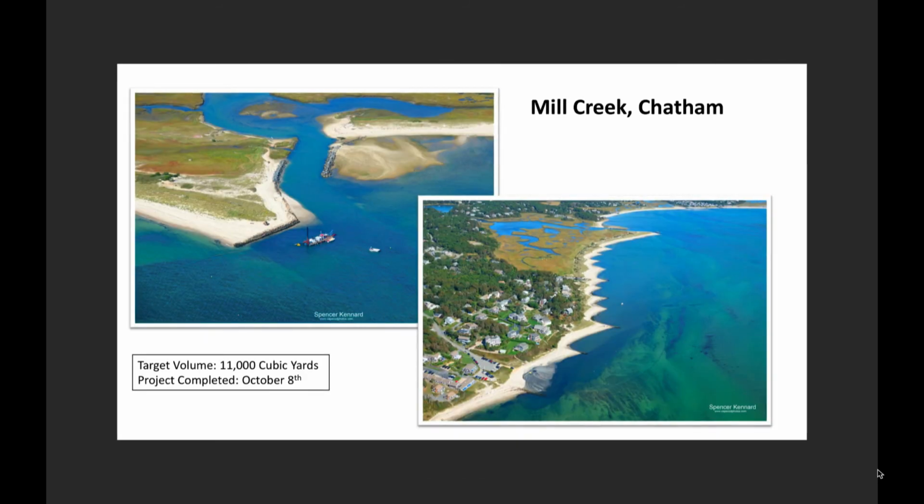This is the project that I just mentioned that we just finished. This is Mill Creek. It's sort of on the border of Harwich as you go east. The channel here, this is kind of a success story apparently, where up until 2016, it was shoaling up. The back water there was all choking. There was aquaculture back there. It started to die. And we did this project twice now. The water's flowing. It fills in. It has to be done almost every year. This is an area that fills in. This whole channel up here just closes right up. So we spent...